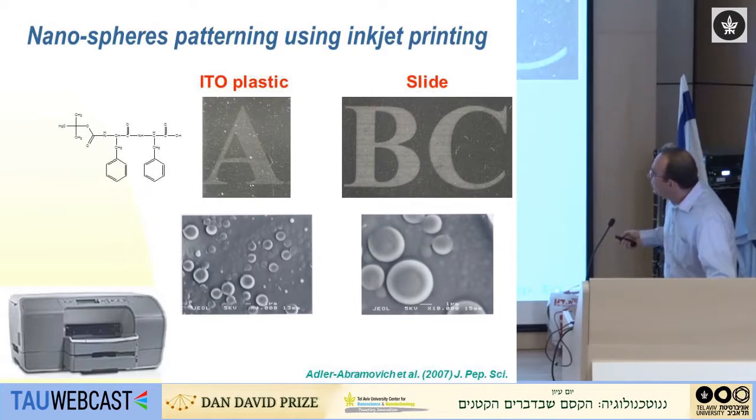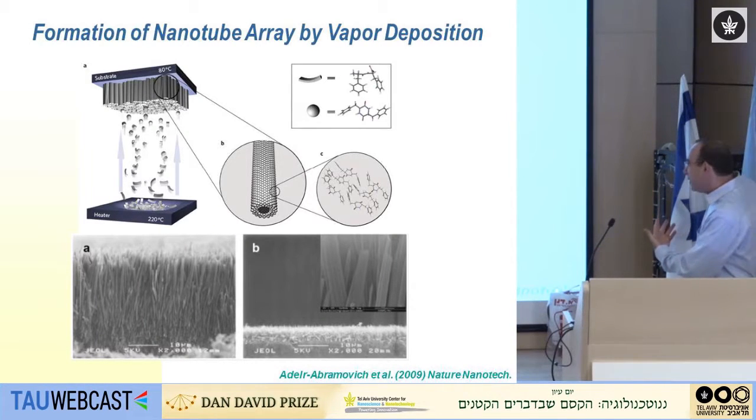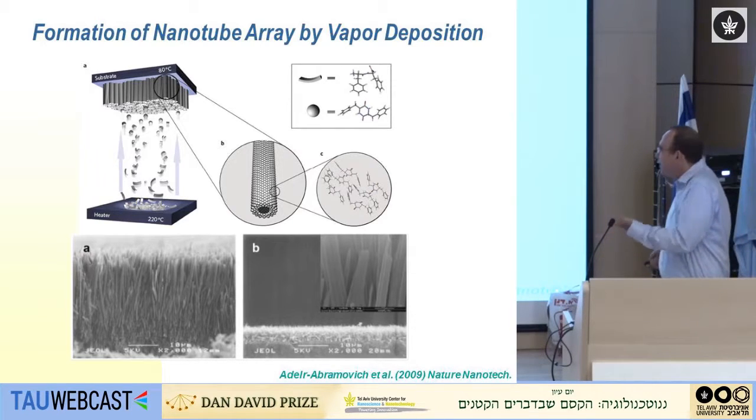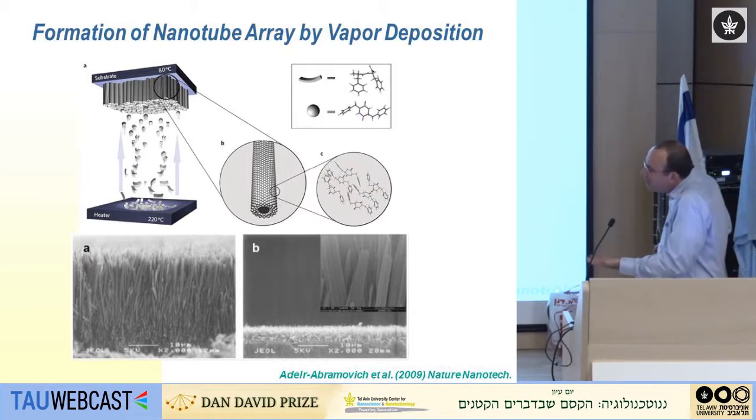We use inkjet printing to print these structures, and something that I'm very proud of, we also got a patent on the concept itself. This was in collaboration with Gil Rosenman. It was the idea of using these bio-inspired building blocks